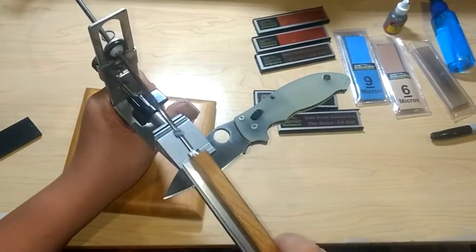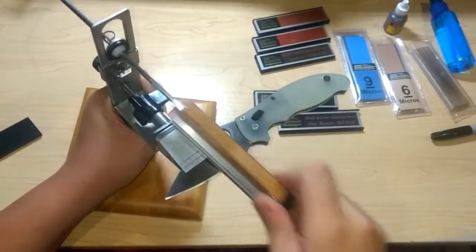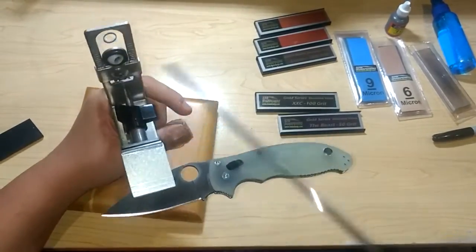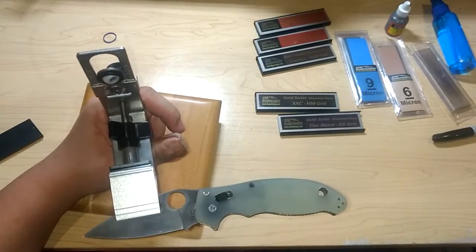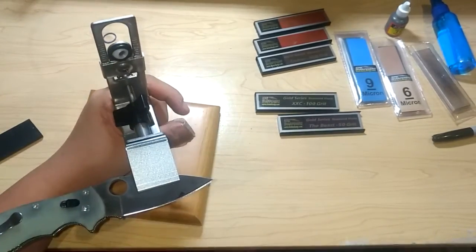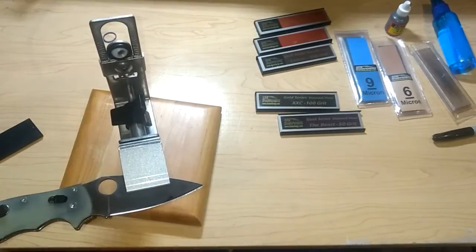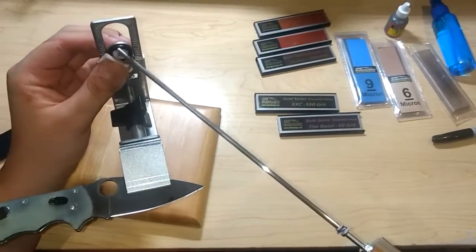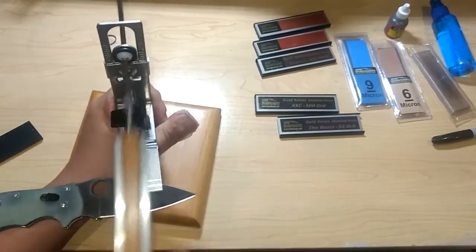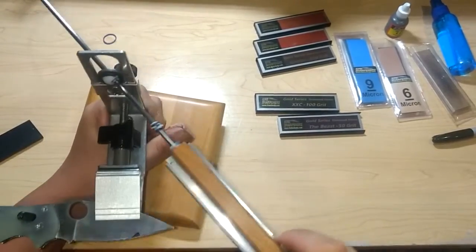If you are hesitating to get a KME, I insist. I mean, if you're thinking about getting a KME, you want a KME, I insist that you get it. This isn't a plug. This isn't a promotion for KME or anything. I'm just so impressed with what they do, and they make such a high quality product and such an effective product that I think it's a no-brainer, excellent choice for